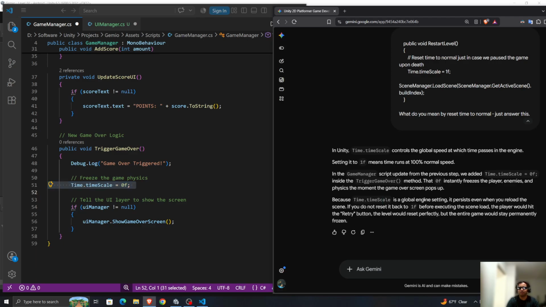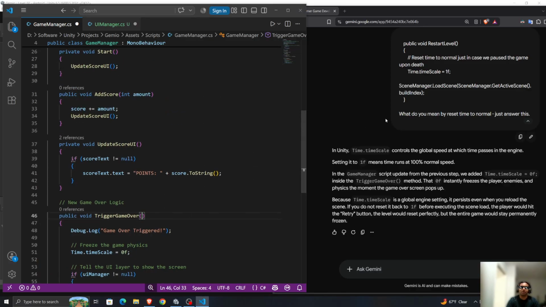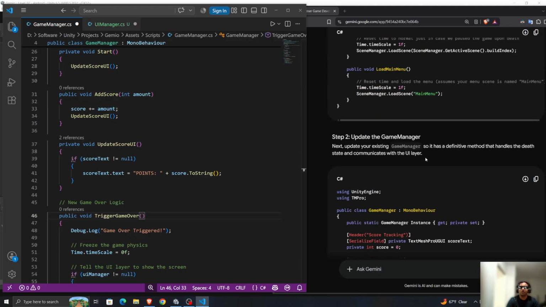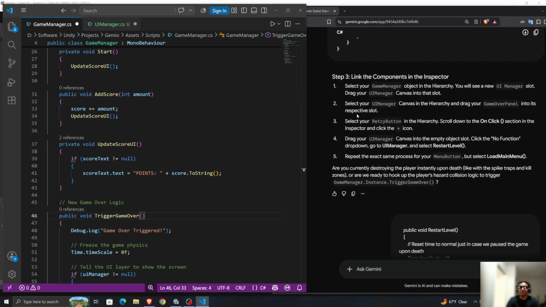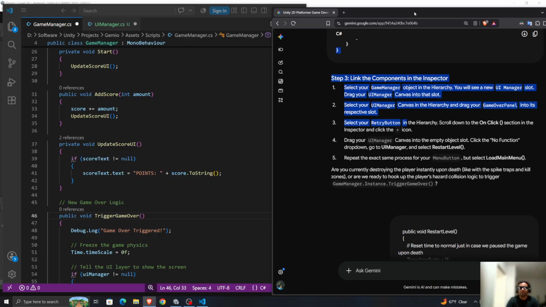Because time.timescale is a global engine setting, it persists even when you reload the scene. You do not reset it back to 1f before executing the next scene load. If you do not reset it back to 1f before executing the scene load, the player would hit the retry button, the level would reset perfectly, but the entire game would stay permanently frozen, so that's not what we want. It all makes sense now. Hopefully it makes sense to you as well. And now let's move on to step 3,